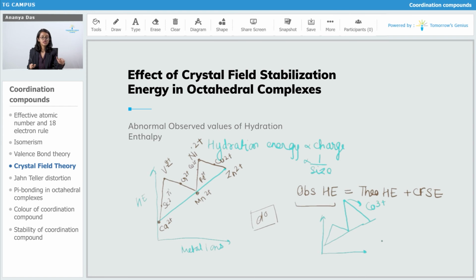Co3 positive has such a high CFSE because if you remember H2O used to show dual behavior. With all the other metal cations of the 3 positive type in the 3d series, it behaved as a weak field ligand. But with Co3 positive, H2O used to act as a strong field ligand. If it's a strong field ligand, then its value of delta O is going to be high. And if the value of delta O is going to be high, then the CFSE is also going to be high. That is why with Co3 positive, it gives an abnormal value,